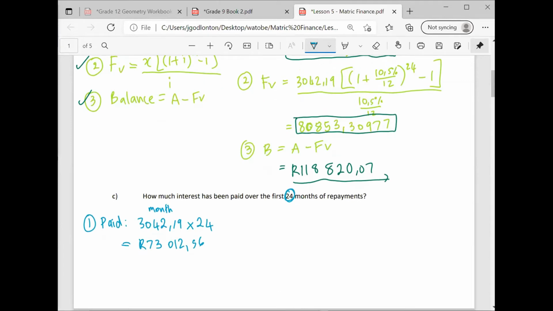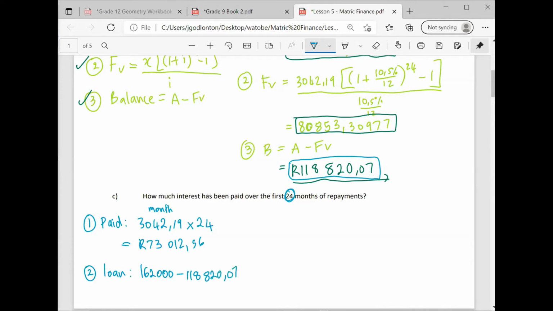Next step is we've worked out what the balance of the loan is at time period 24. So after the 24 months, that is what my balance is of my loan. The second thing that we need to look at is, I had a loan of 162,000. The balance of my loan is